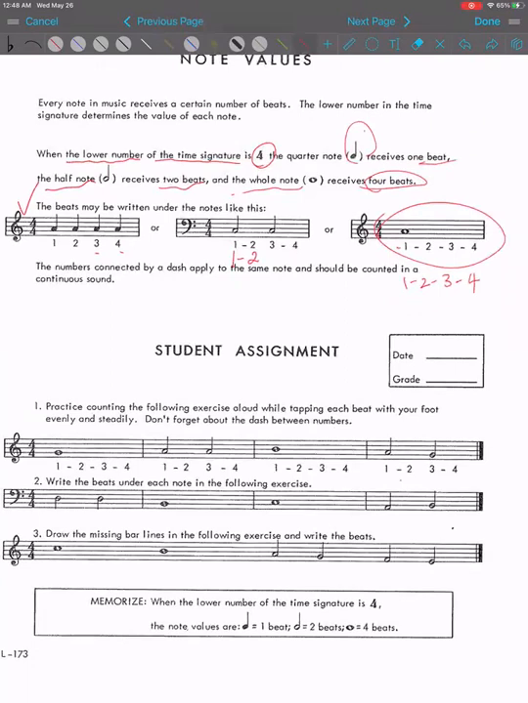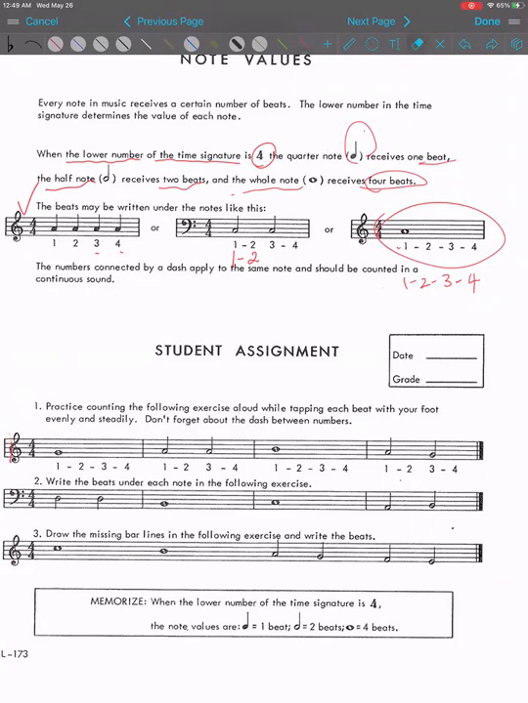So here, number 1 here, we're gonna clap and count. So I'm gonna clap the notes and then count the number. Ready? So it's gonna be 1, 2, 3, 4. 1, 2, 3, 4. 1, 2, 3, 4. All right. The next one is